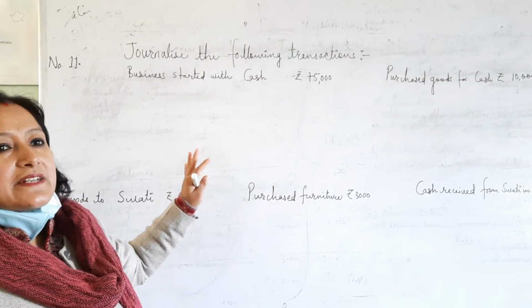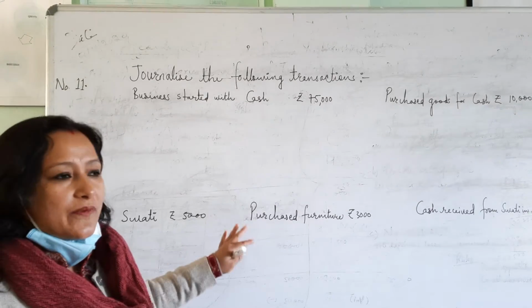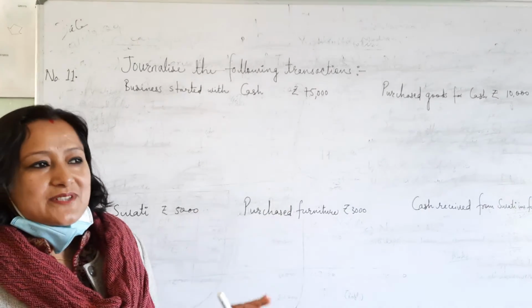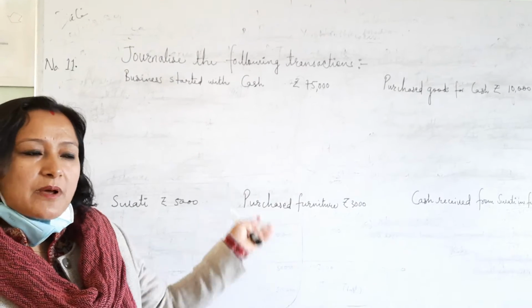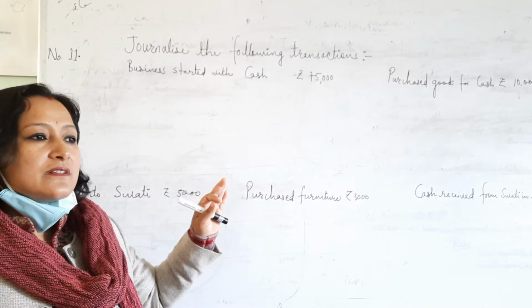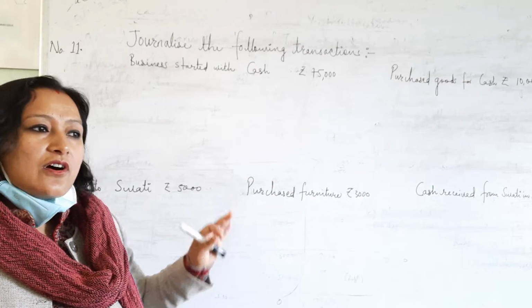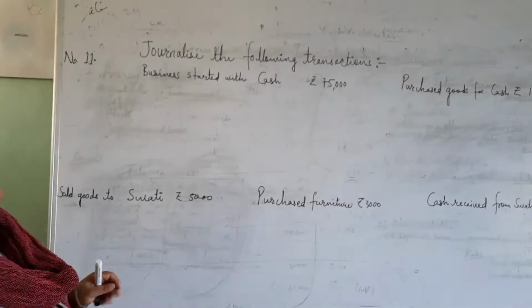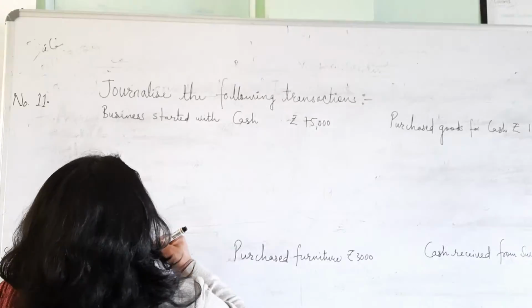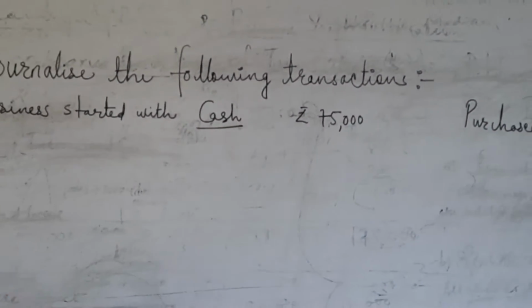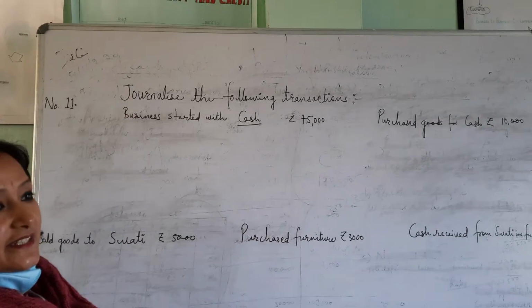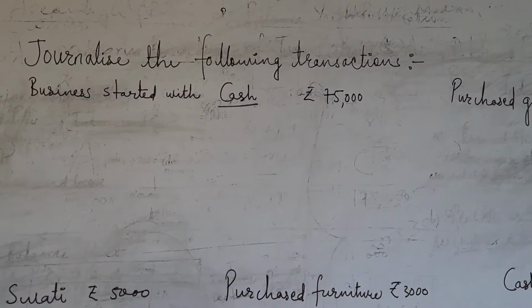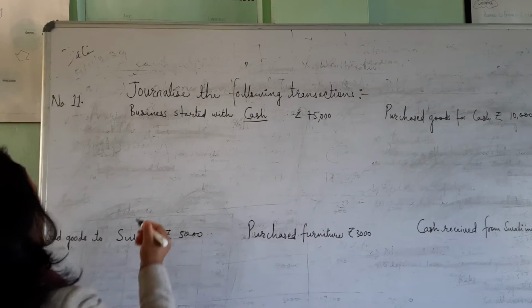See, I will be categorizing the transactions by following the Indian approach. We categorize into three rules: either it is property or real, or personal, or nominal. So cash means it is property. If cash increases, then we will be writing in the debit, isn't it? So what do we write? Cash